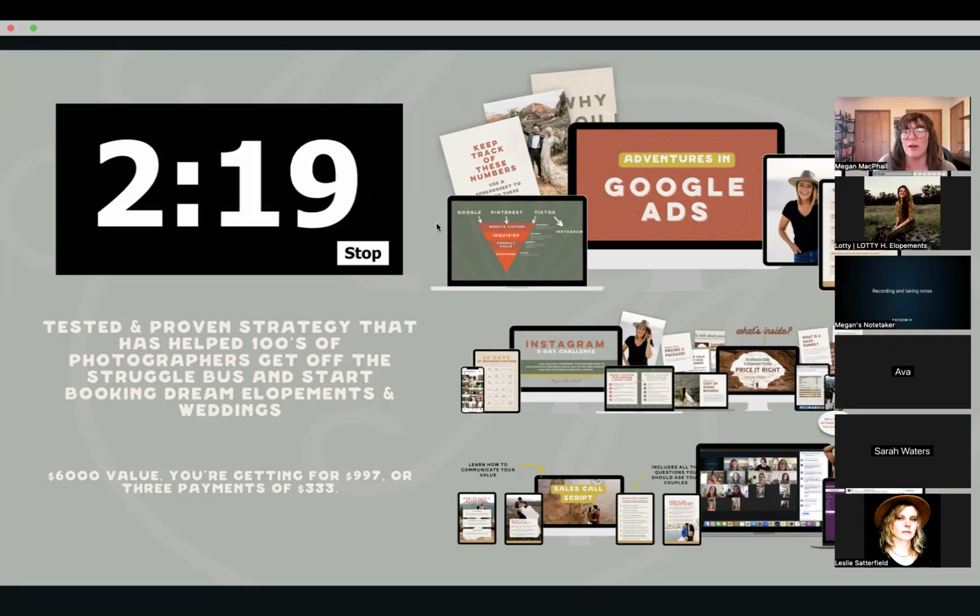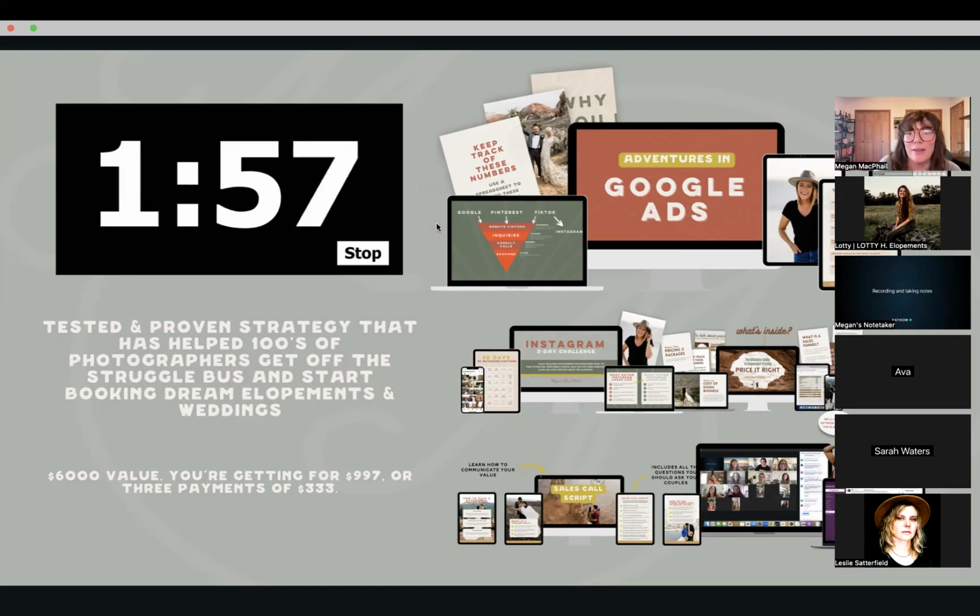But I always want people to start with one and get the hang of it, and then you can add more. And then you can also turn one off while one's running, adjust budgets a little bit depending on how much you want to book here and there, or if you want to do boudoir and elopements or weddings and families or something like that.